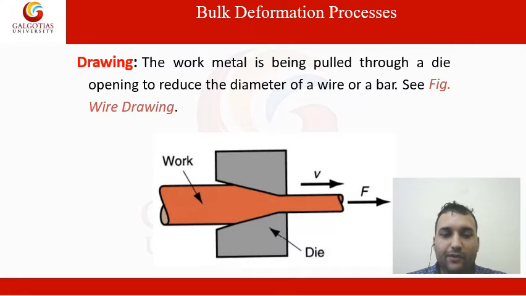The end is pulled through the die to obtain a sufficient length so that the wire can be attached in the jaw of a power operated reel. The reel is then rotated at the desired rate to draw the wire through the die. To reduce the large diameter into a very thin wire, the operation is performed in a number of passes.